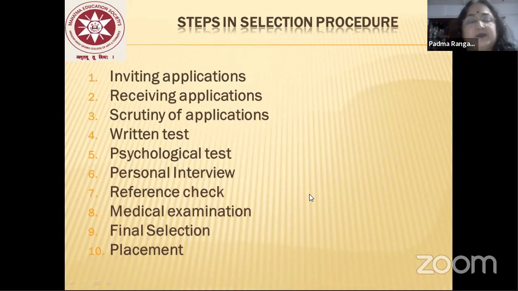Point number 7 in section selection, reference check. Now, reference check means that selection के time में the company will ask you to give the name, address, telephone number, and email ID of two important